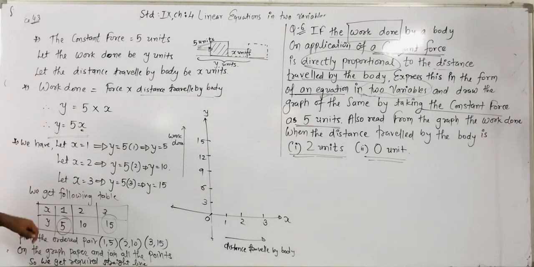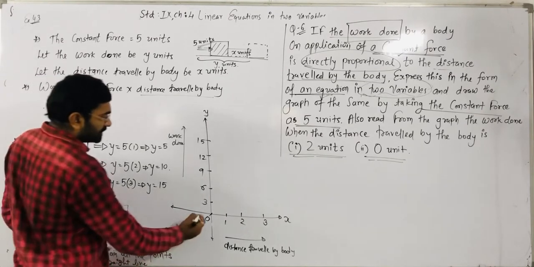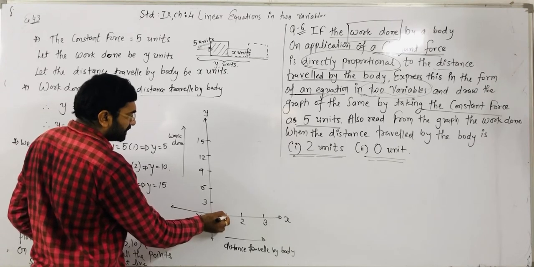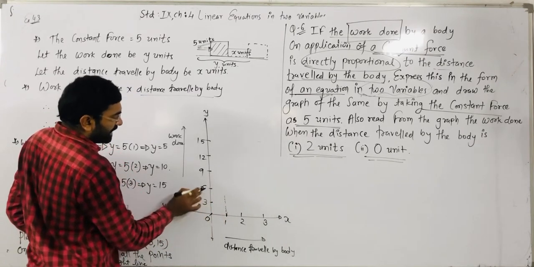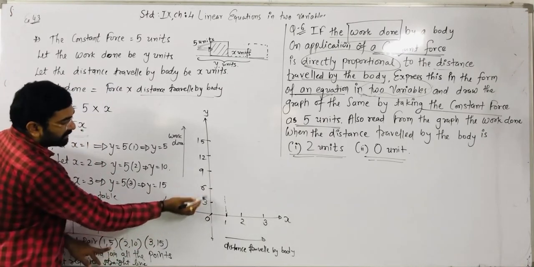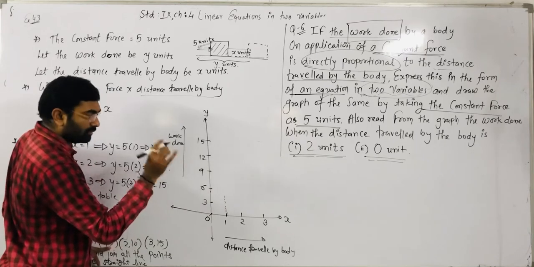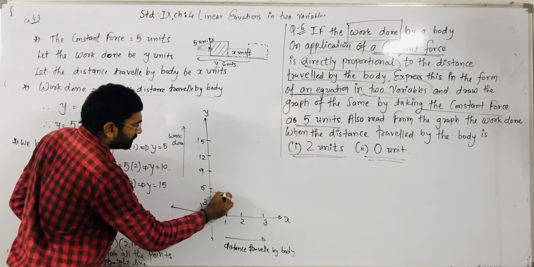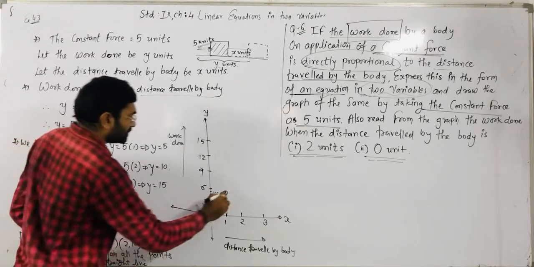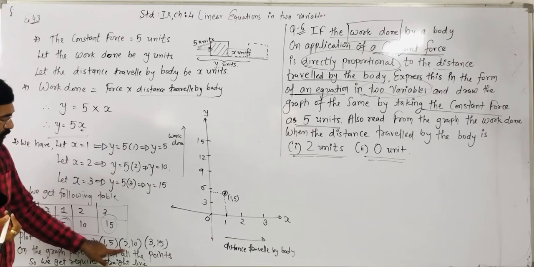Okay. Now see the first ordered pair which we have to plot. The x coordinate is 1, the y coordinate is 5. So x is here, right? And from here we have to draw the perpendicular line. And 5 comes in between 3 and 6. Suppose from the proper graph you get that point 5 lies here, right? So that point we put here, and that point's name is what? (1, 5). Okay.